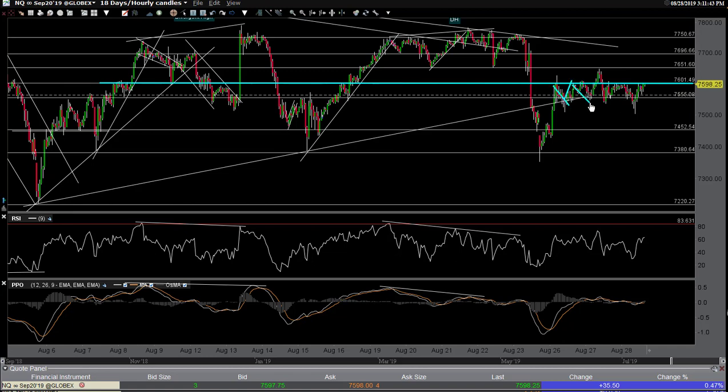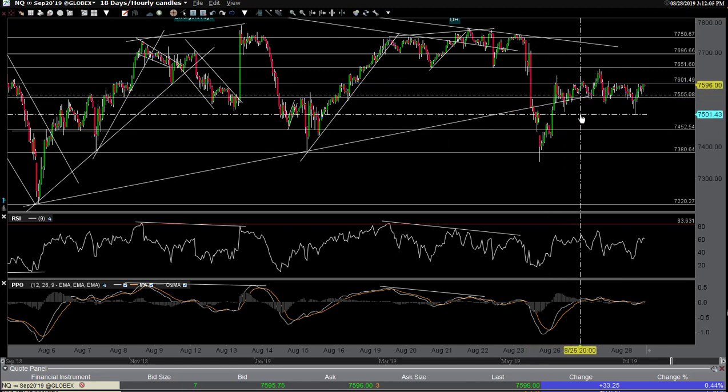I know this kind of looks like a head and shoulders, and it could prove to be a complex head and shoulders. You have two right shoulders and two left shoulders. That's called a complex head and shoulders pattern. I'm not a big fan of those on the intraday time frames. I know a lot of traders look at them, and therefore, if enough traders look at it and trade it, it then becomes that. But historically, those patterns were, in the original textbooks I read,